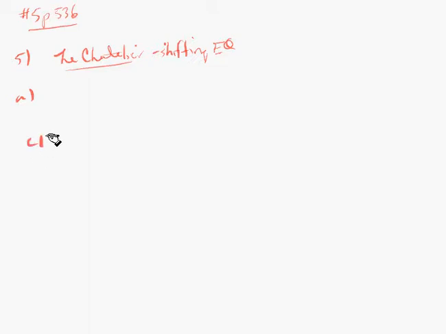So CH3COOH is our acetic acid, that's a liquid, plus our ethanol, which is C2H5OH, liquid. And since this is an equilibrium process, we put our double arrows, and it forms ethyl acetate, which